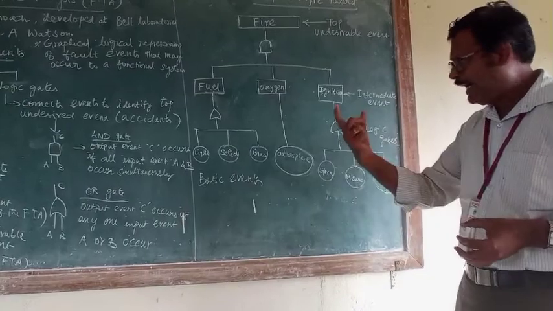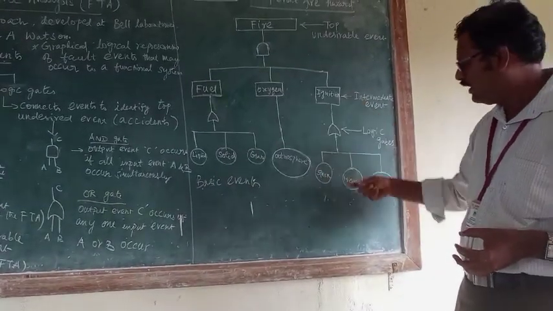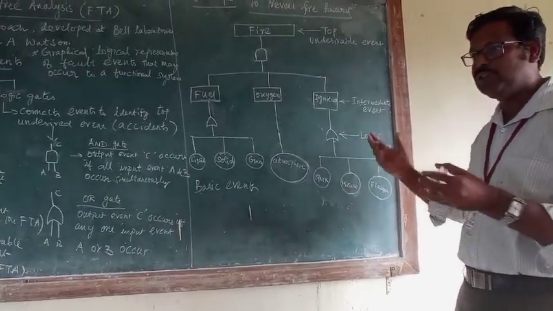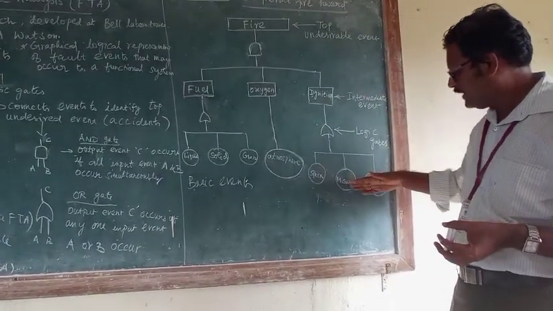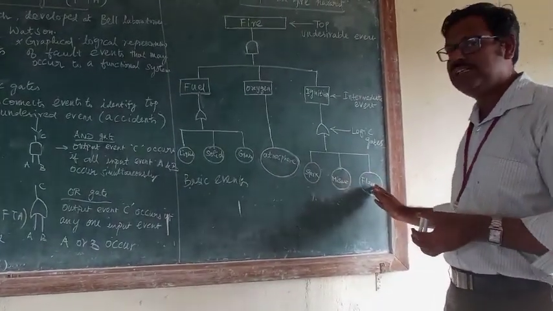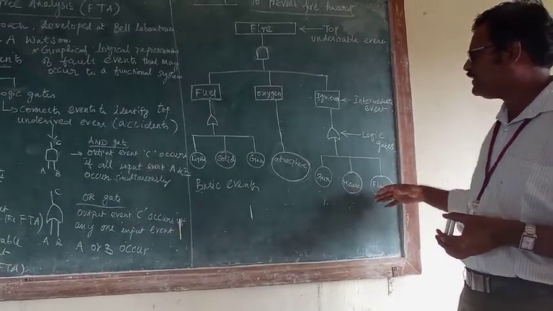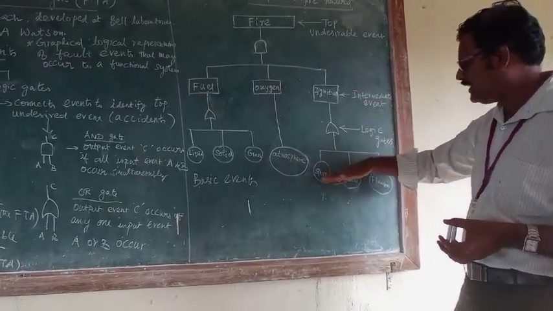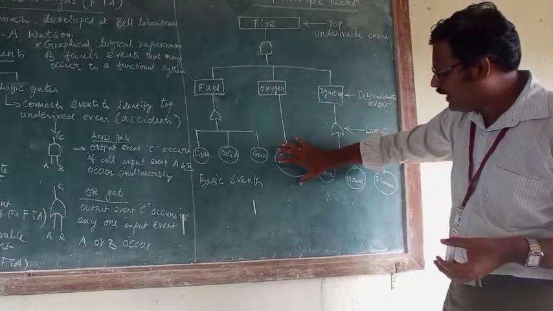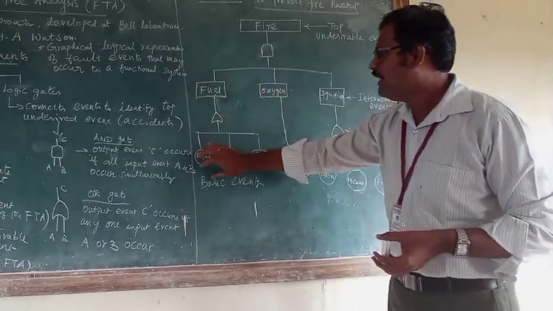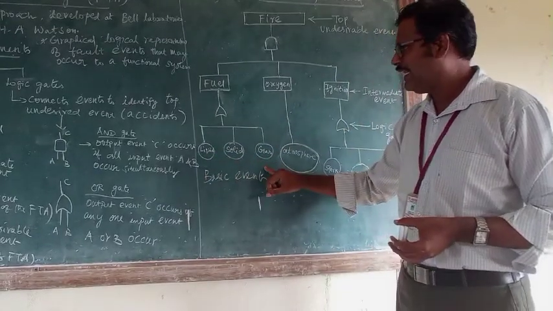By using the spark, we can have the ignition, or by using the misuse of the material, we can have the ignition. That is the second part, and the third is by using the flames, any flame which can create the ignition. So these are three basic events for the ignition, and for oxygen it is only the atmosphere, and for fuel it can be a liquid, solid or gas.